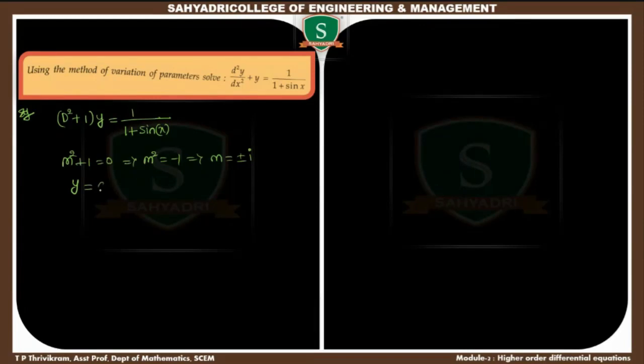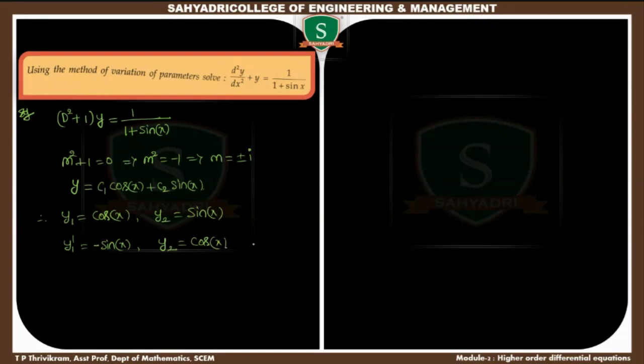Then c1 cos x plus c2 sin x. Okay, so now what happens? y1 is equal to cos x. Similarly, y2 is equal to sin x. So now y1 dash is equal to minus sin x. Similarly, y2 dash is equal to cos x. So therefore,